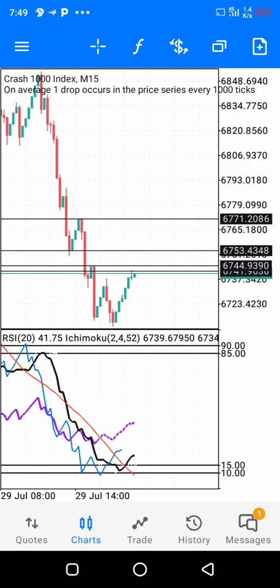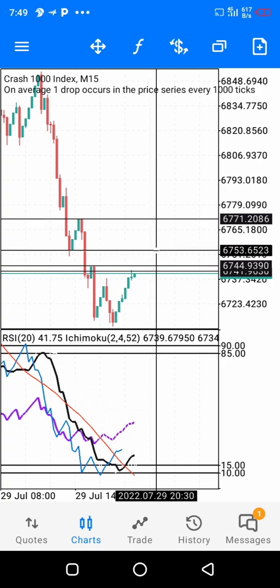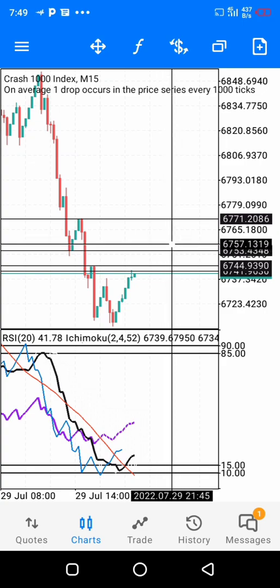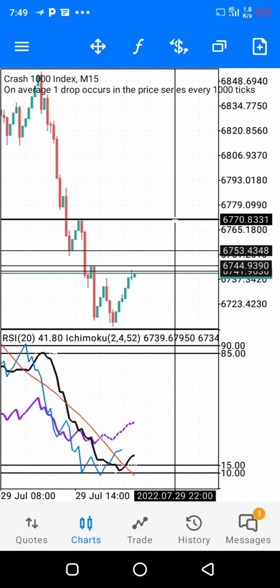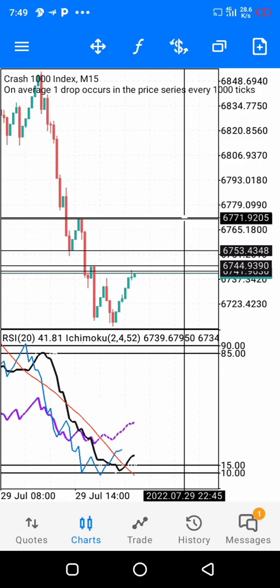So when we have price at this level here, and I go down to my 1 minute time frame, and I confirm my indicator tells me price is at the overbought level, I'll be looking to sell. I'll open a position around this level with small lot size. If it fails this level, that means it's going to this other level here. So depending on your equity, you might close with a little loss here and wait for price to get to this strong level because I feel this level is stronger. This level is stronger because we have something like